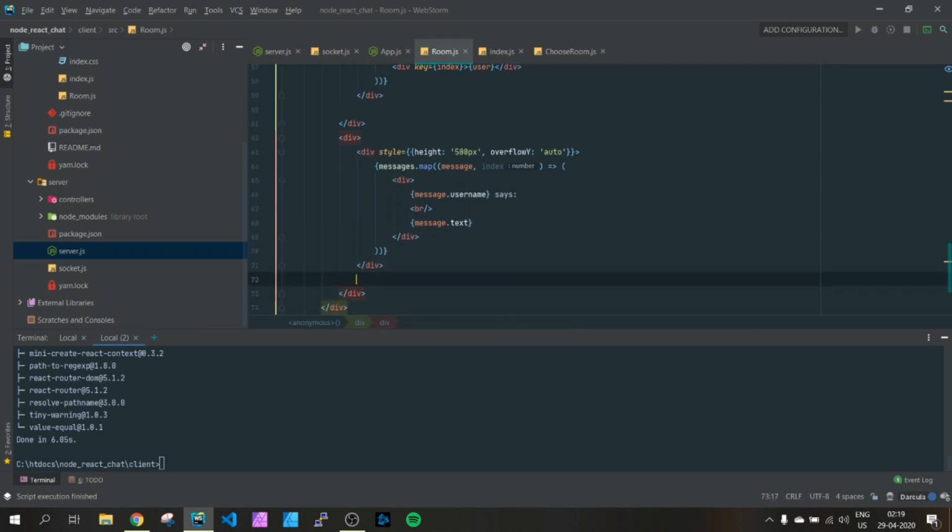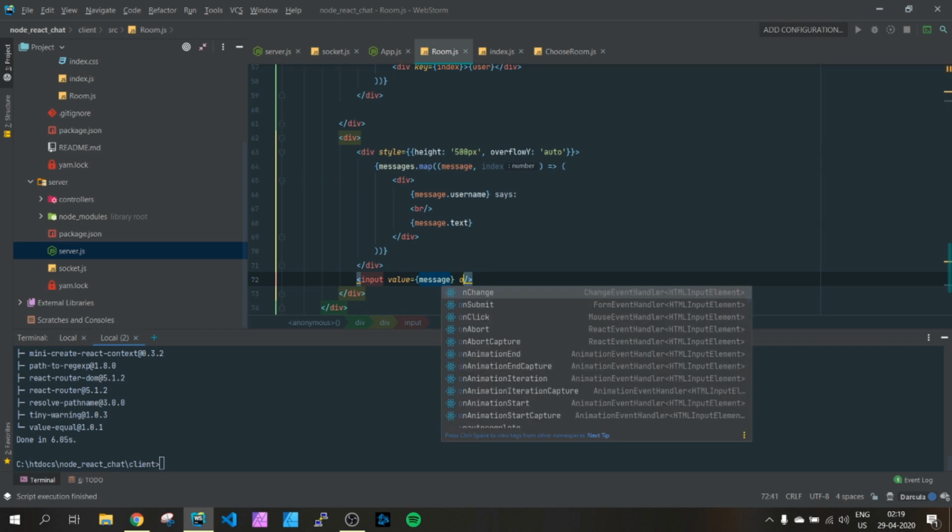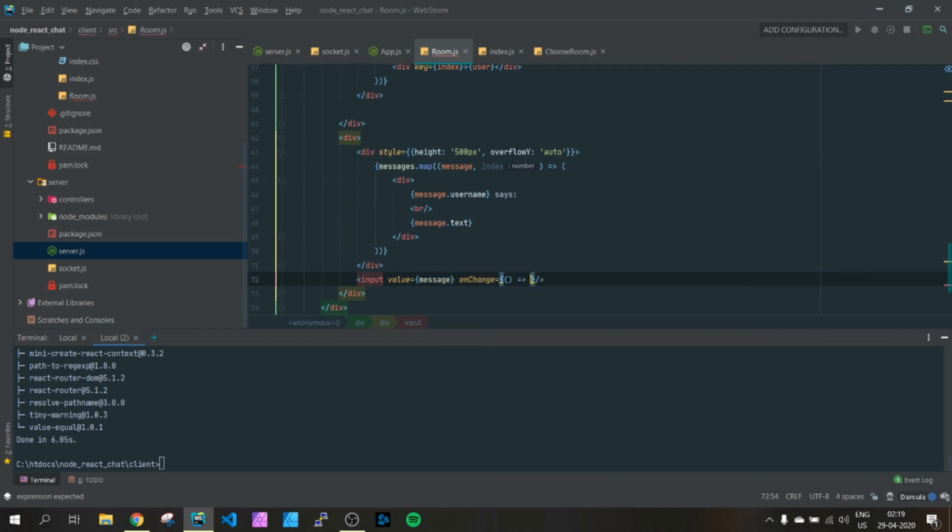And under this we will have an input, value message, on change. Actually this has to be an event, set message, event target value, placeholder message. Actually this has to be a form, on submit, send message,